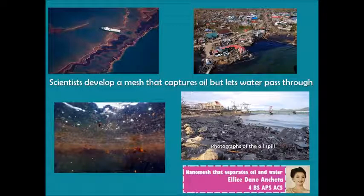In recent times, we have experienced devastating oil spills. This is the oil spill in the Gulf of Mexico, and the oil spill brought about by Typhoon Haiyan. These oil spills are ongoing up until the present. These are destructive in a way that it brings about not only loss of money, but also devastating environmental effects,